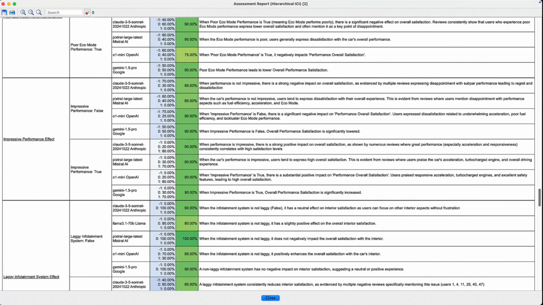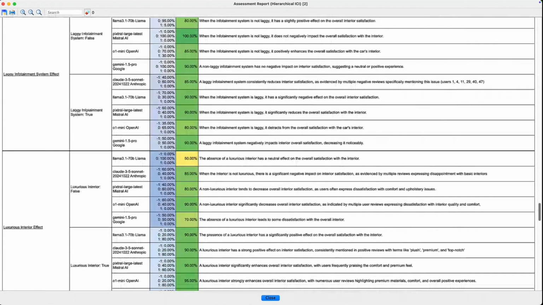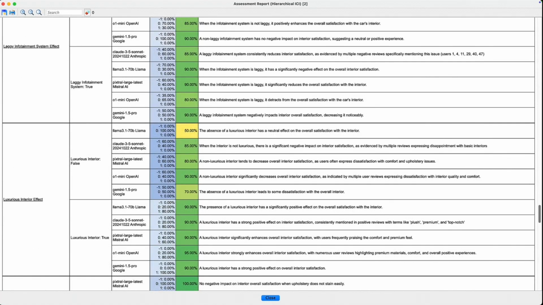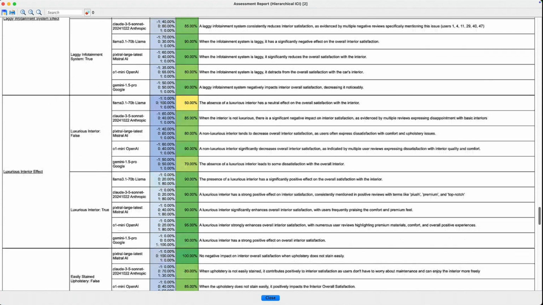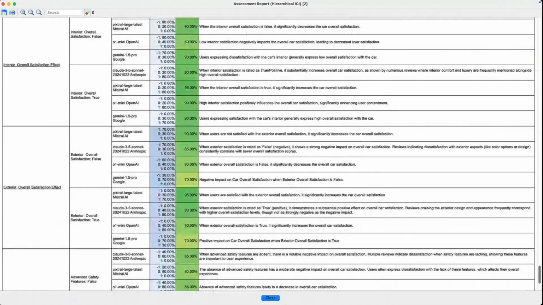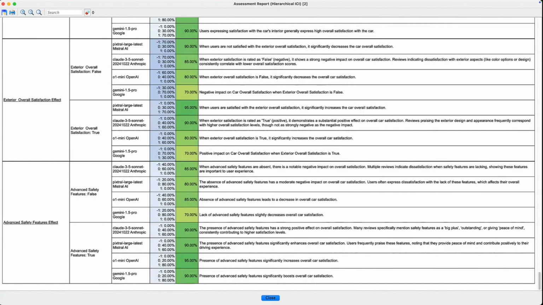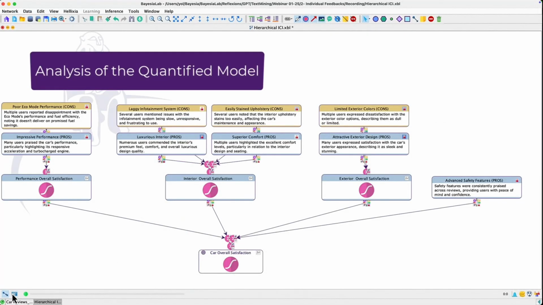So more or less the same kind of information that we had in the other one, with a positive effect for the pros when it's true, negative when it's false, and reverse for the cons variable. And when it's false, it has no effect, so it's neutral. Lots of information in the comments here.